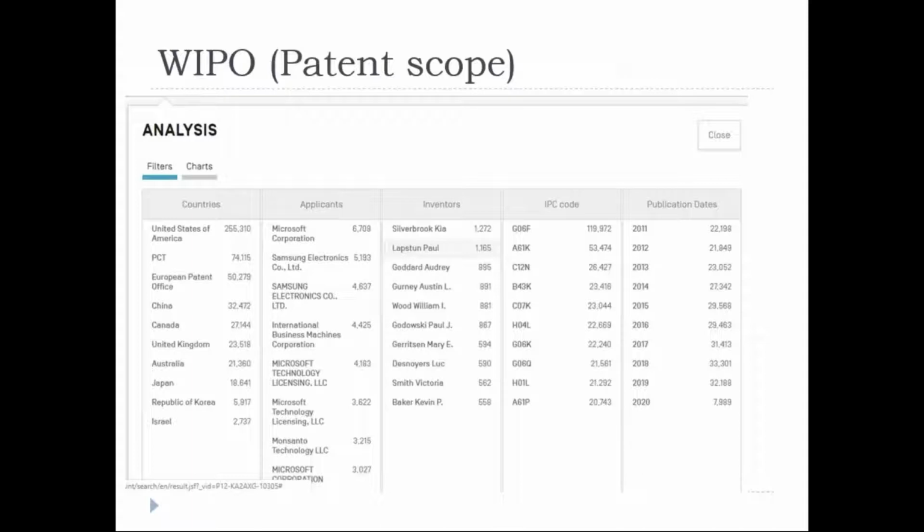Followed by that, we saw some of the variants of IPR. We started with patents, followed by copyrights, trademarks, industrial designs, geographical indications, and plant variants, which are some of the variations of IPR.